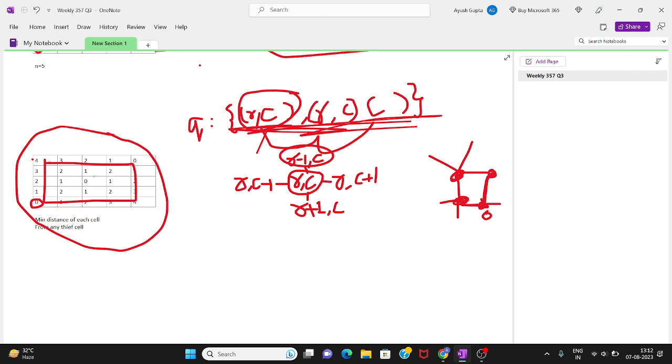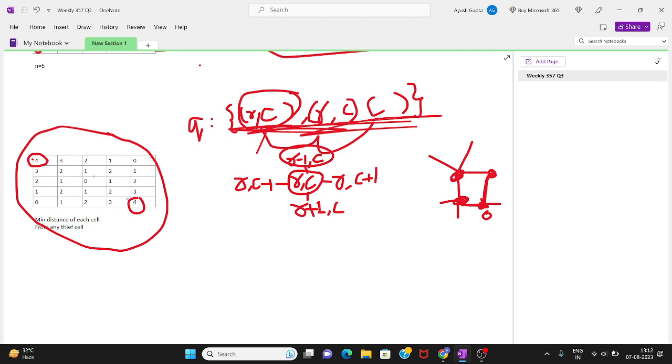See, there are two cells that are compulsory to be included: the first cell, the leftmost and topmost cell, and the bottom rightmost cell.